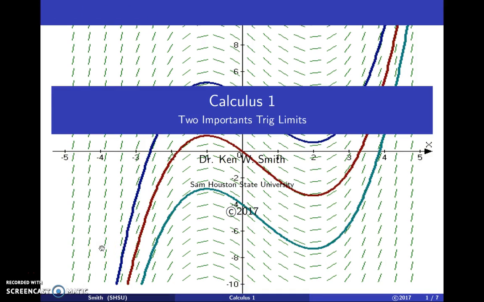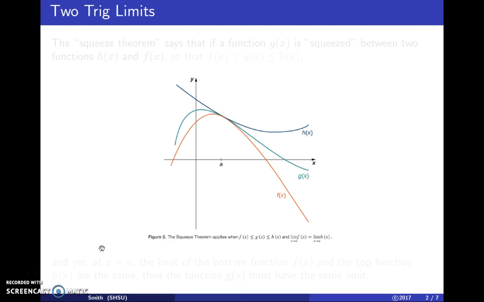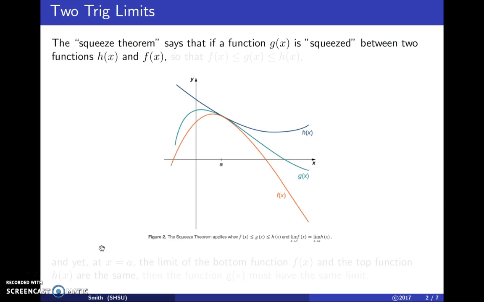Let's look at two important trig limits using the squeeze theorem. The squeeze theorem says that if a function g of x, drawn here in green in the middle, is squeezed between two other functions, h of x, drawn in dark blue, and f of x, drawn in orange, so that the function values of f of x are always below those of g of x, and the function values of g of x in turquoise are always below those of h of x,